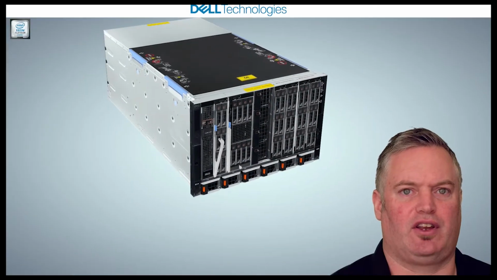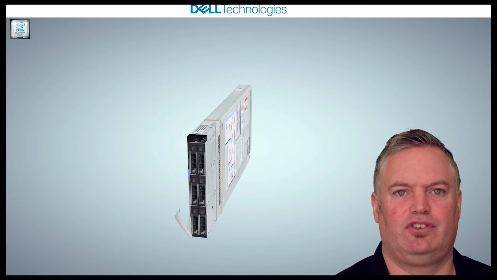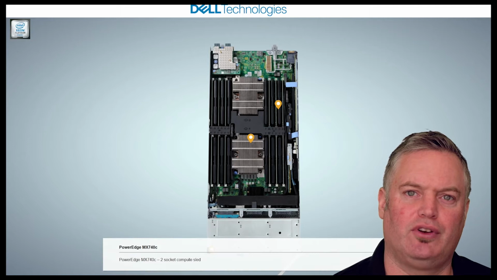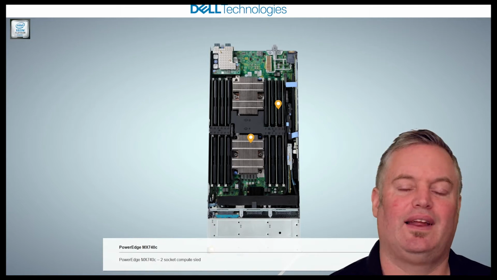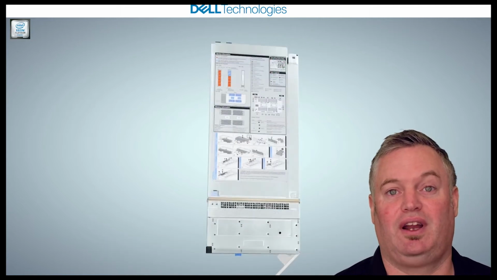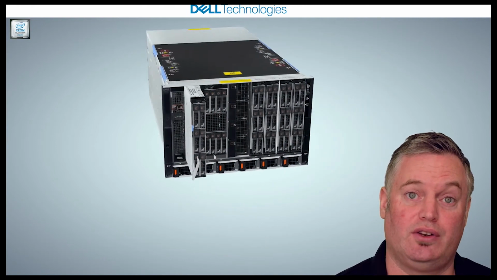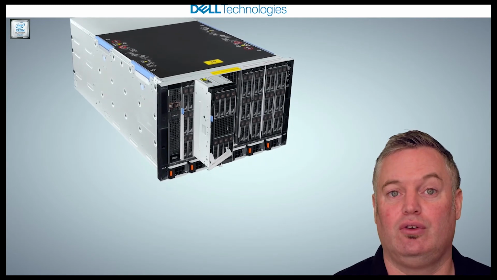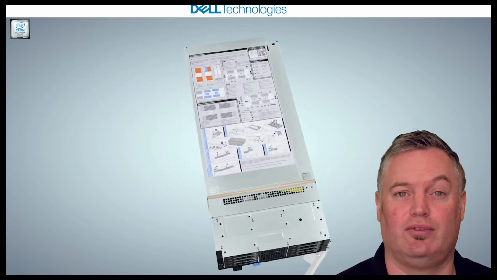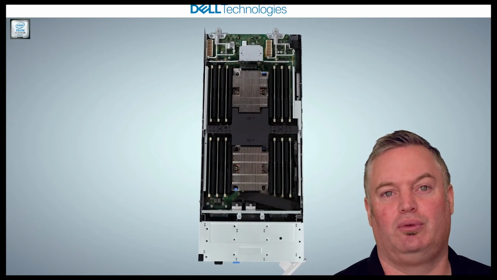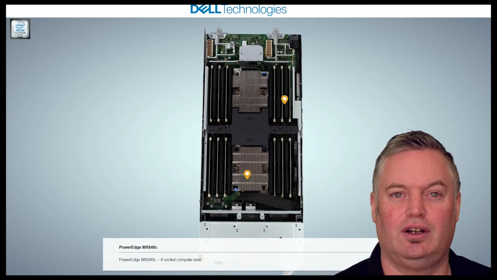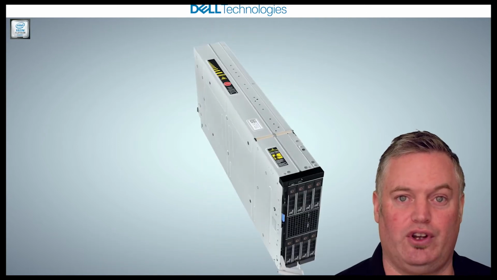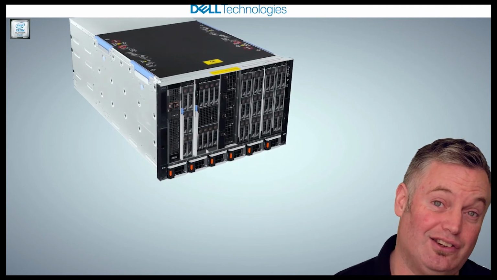So what is MX Modular Infrastructure? The Dell EMC PowerEdge MX is a completely redesigned, high-performance modular infrastructure that enables customers to have the flexibility to configure and optimize their IT infrastructure for a wide variety of new and traditional workload types. Designed with Dell EMC kinetic infrastructure, PowerEdge MX is great for all sorts of different workloads, including dense virtualization, a